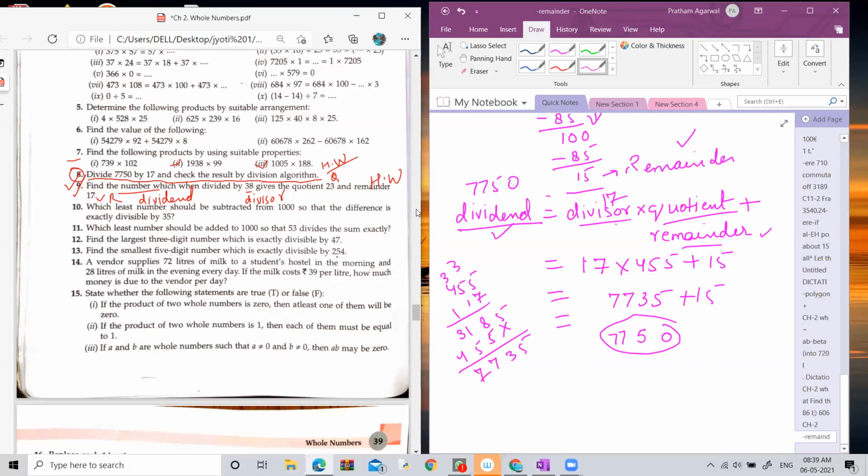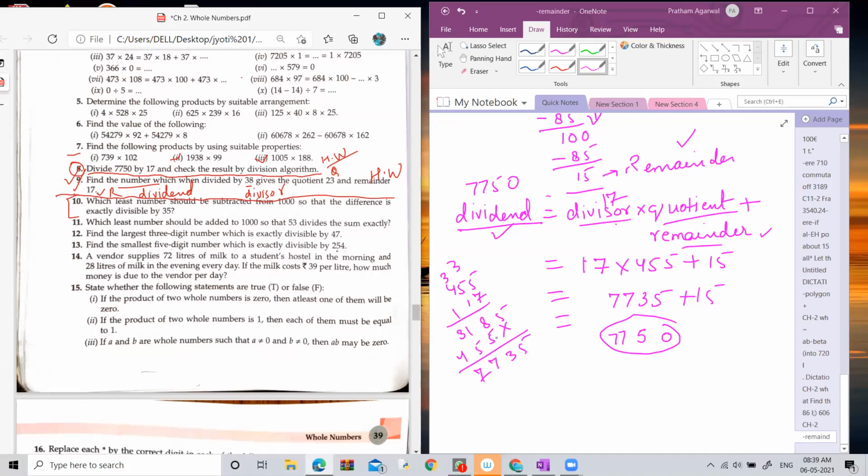Okay. Now tomorrow I will start from question number 10. So till question number 9, you have to do a lot of practice and do the homework also. Tomorrow I will ask questions till question number 9, small questions like MCQs. So prepare this topic. Okay, I'm ending the meeting.